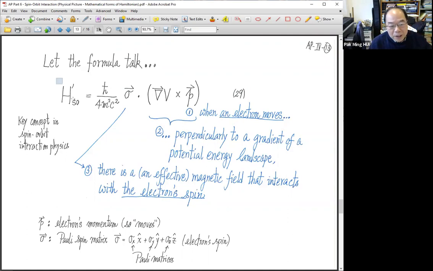Okay, so let's listen to the formula. This is the spin-orbit interaction term. Read it as 1, 2, 3. It says,